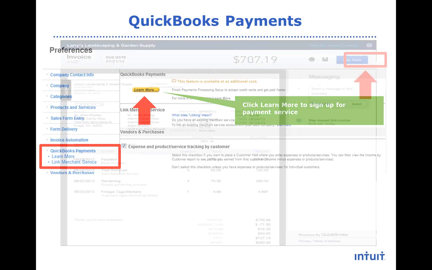QuickBooks Payments is the payment service behind QuickBooks Online's invoices. Customers will click a link inside of any email they receive, and the invoice will open in a browser window. The online invoice is linked to the invoice inside of the QuickBooks Online account. It shows the current balance due on the invoice and has an interactive messaging section for customers and businesses to